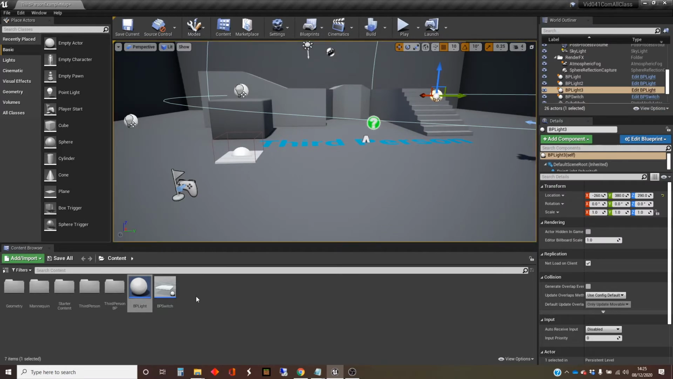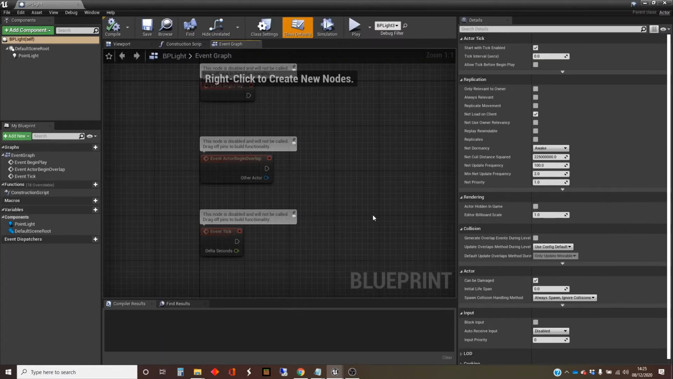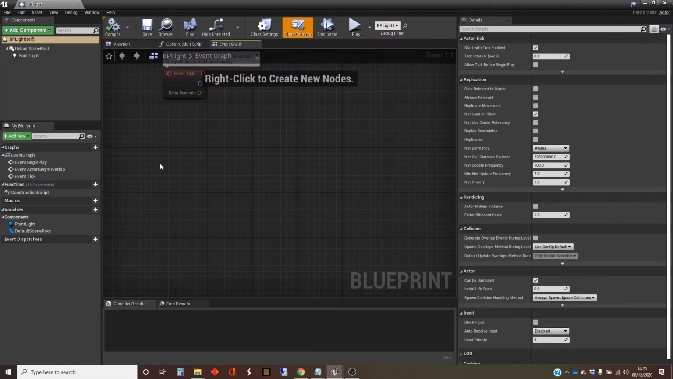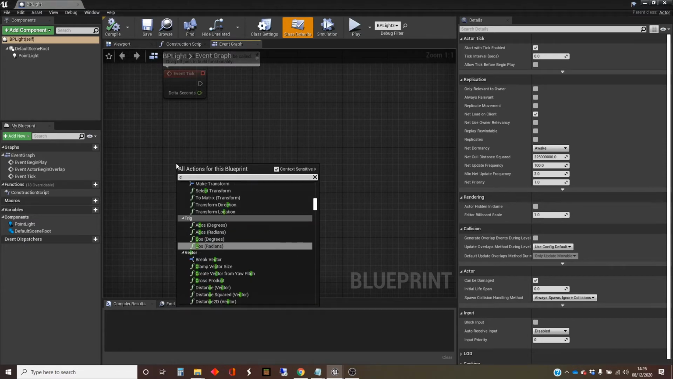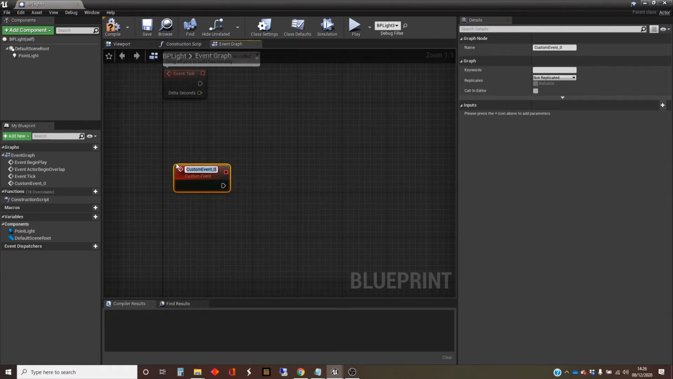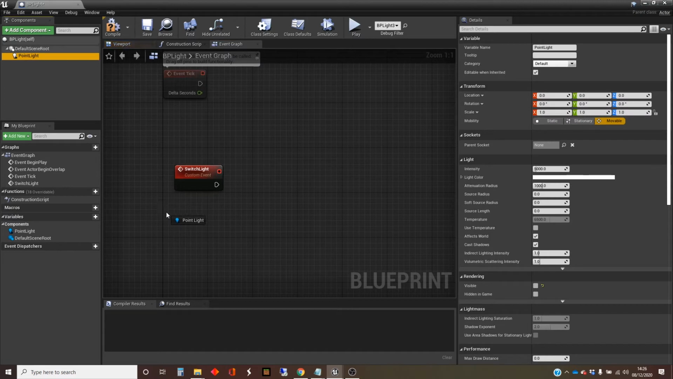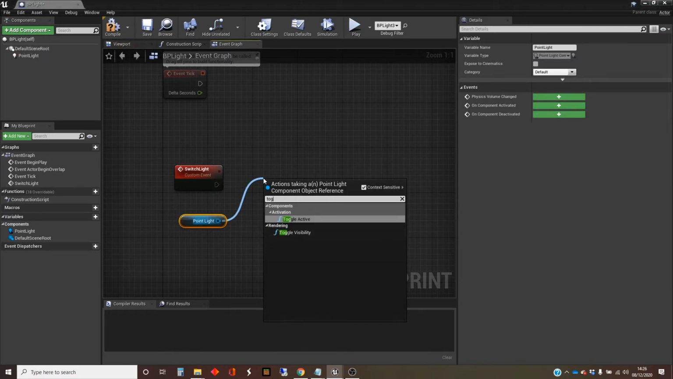So I'm going to start by putting some functionality into the light class. There are two ways of communicating from one script to another script, which are events and functions. I'm going to use an event in this case, not for any particular reason. So I'm going to add a custom event, and I'm just going to call it switch light. And I'm going to take a reference to the point light component there,